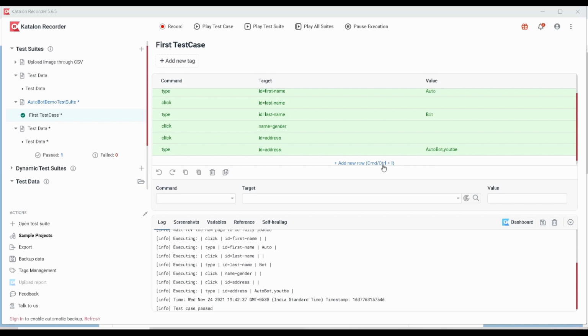And this is very helpful if you are going for any coding using any of the IDEs like Eclipse or IntelliJ or something, and if you're going for some framework like TestNG or Robot Framework. Okay, so you can record here and you can export that to your respective format and you can use it in your frameworks.